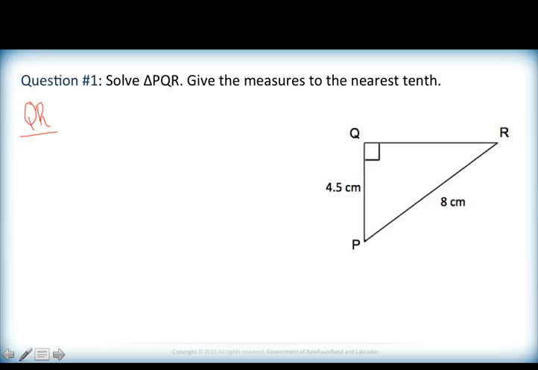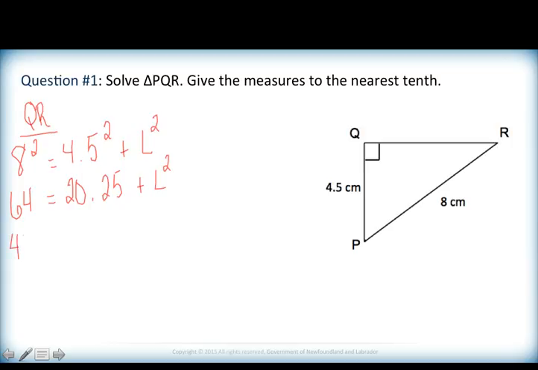Our hypotenuse is 8 centimeters, so 8 squared equals 4.5 squared plus the other leg squared that we're trying to find. 8 squared is 64. 4.5 squared is 20.25 plus L squared. In order to isolate L squared, we're going to subtract 20.25 on both sides,